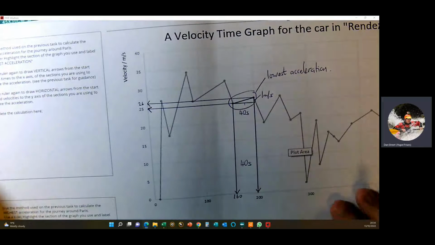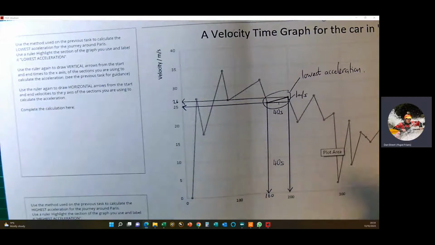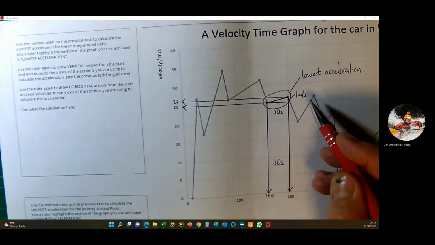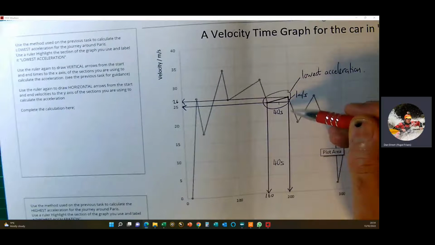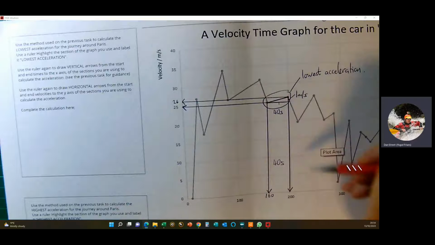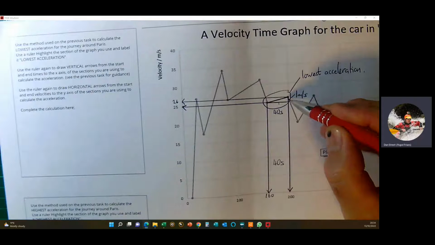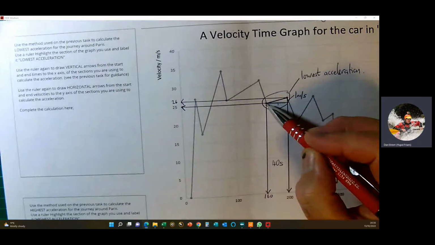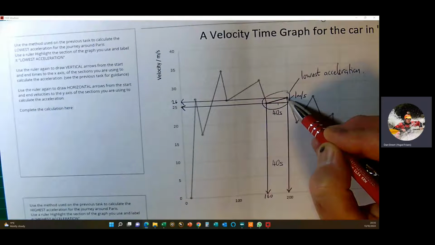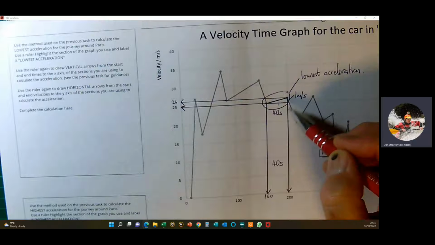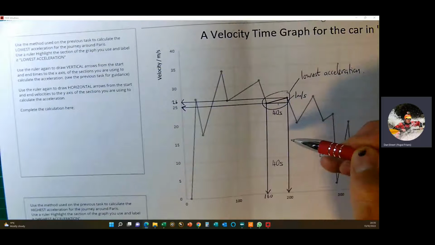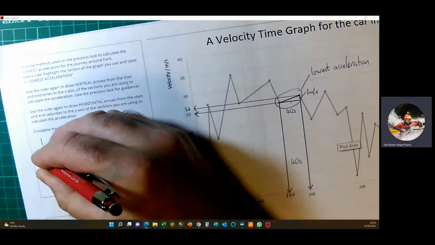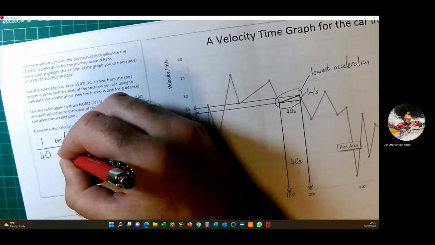Okay, and then the final part of the calculation is to calculate the acceleration itself, and for this we need to remember that acceleration is the change in velocity divided by the time over which that takes. So we've just established that the change in velocity is 1 meter per second, because the vehicle starts off at 25 meters per second and increases to 26 meters per second here, and the time that takes is 40 seconds. Okay, so the calculation is 1 meter per second divided by 40